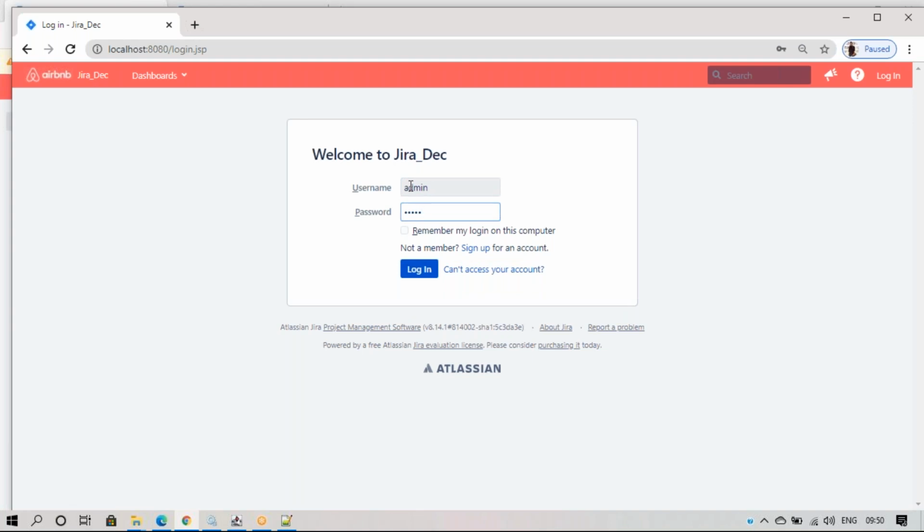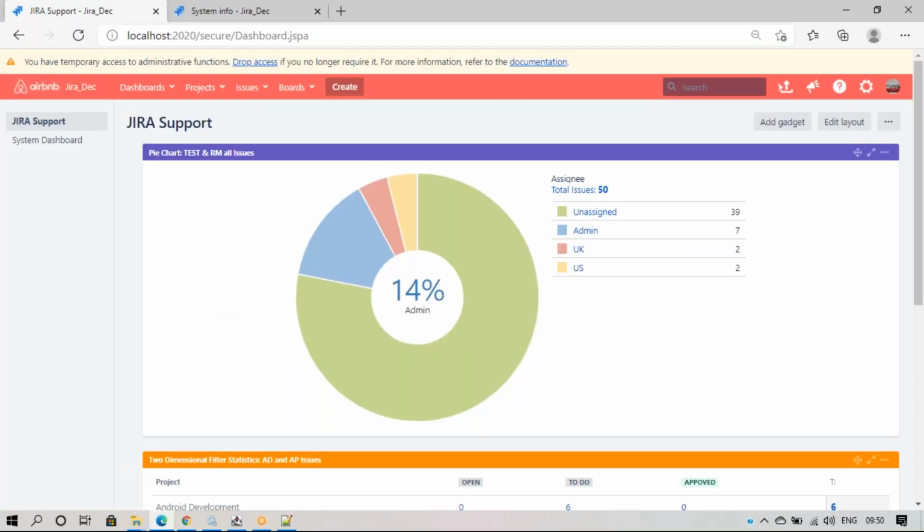Admin, I need to enter, and next login. Can you see, before I had this Airbnb, this Jira DC, it was not coming in this 8080 place, but when I import this data, it looks the same as my previous one.